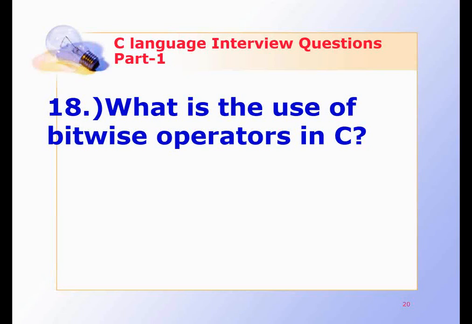Bitwise OR operator: the output of bitwise OR is 1 if either of the bits is 1 or both the bits are 1. Bitwise exclusive OR operator: the output of the bitwise exclusive OR operator is 1 if the corresponding bits of the two operands are opposite. That is, to get the corresponding output bit 1, if the corresponding bit of the first operand is 0, then the corresponding bit of the second operand should be 1 and vice versa.